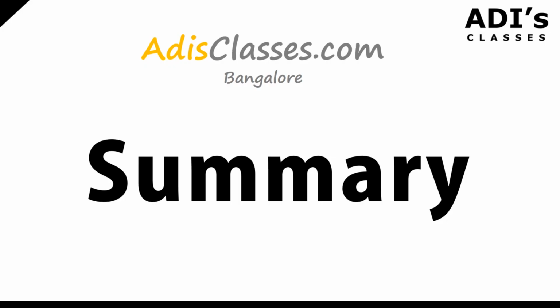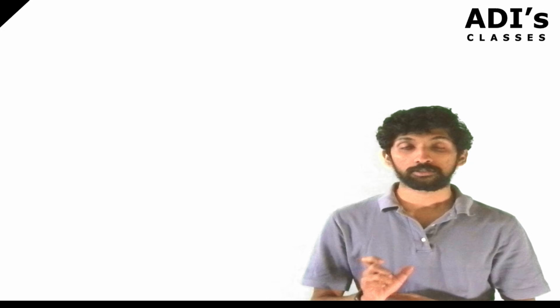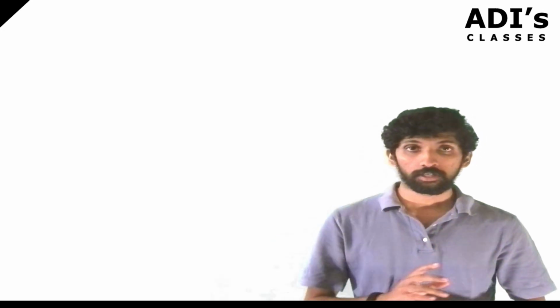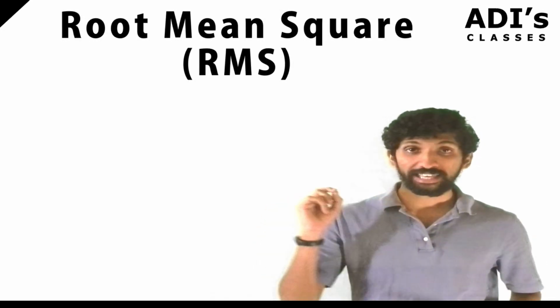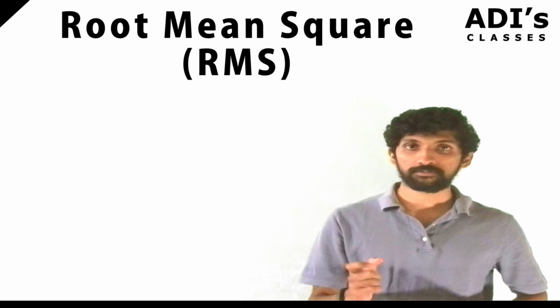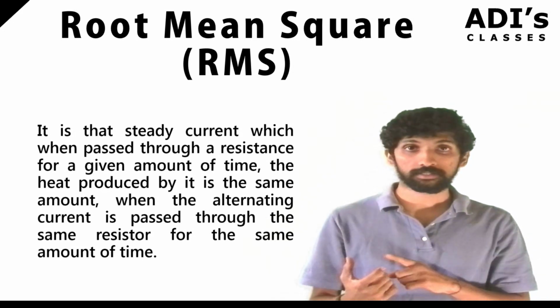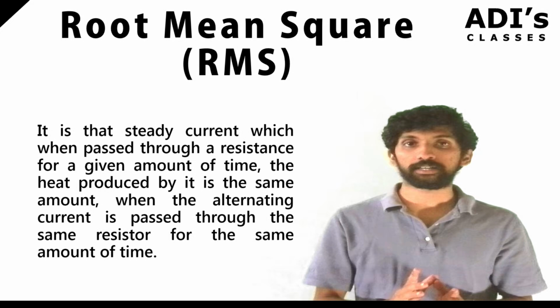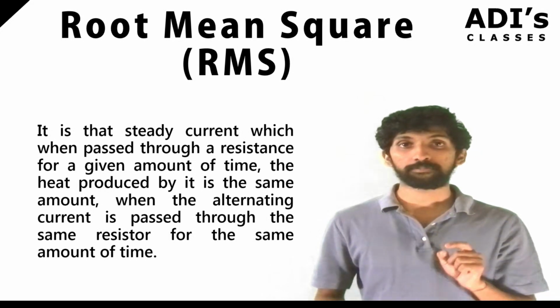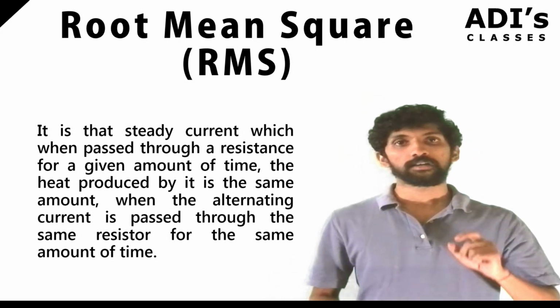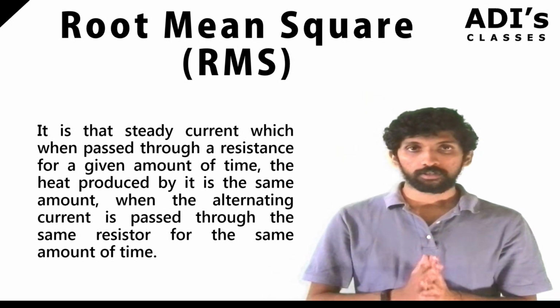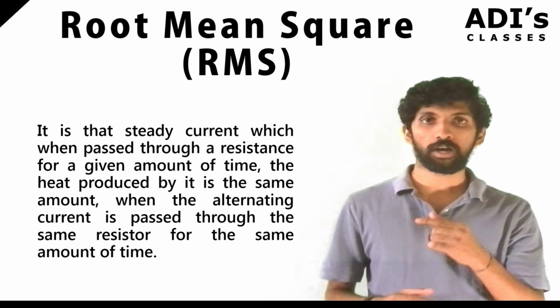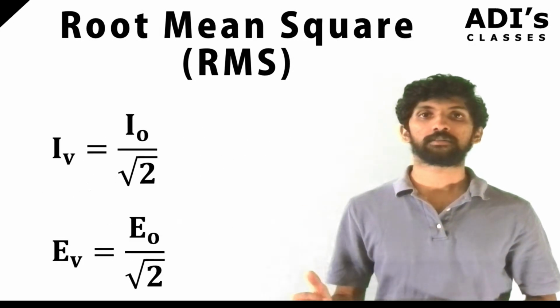Okay, so to sum up whatever you guys have learnt in this chapter, the first thing was RMS, the root mean square value. Now, what was the RMS value? It is the heat liberated by a resistance when an alternating current is passing in a given amount of time, where the same heat is liberated when a steady current is passed through the same resistance for the same amount of time, correct? So we have I_RMS is equal to I naught by root 2, or E_RMS is equal to E naught